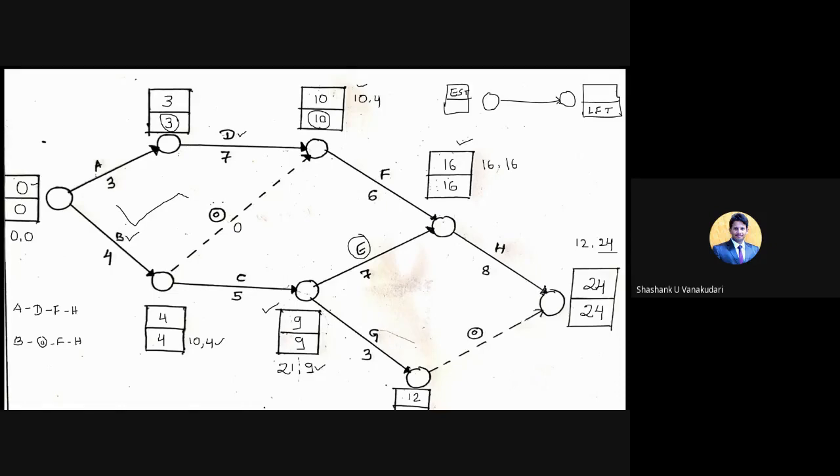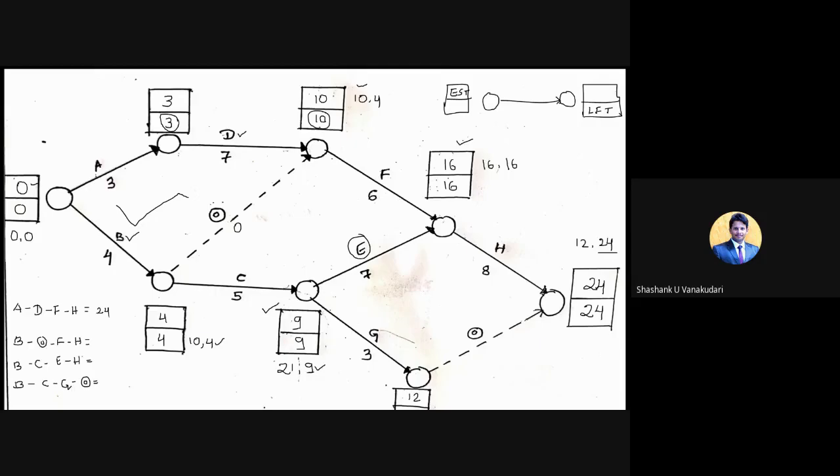And then the next path, activity B, activity C. Along with this, you need to calculate the time also. I'm mentioning the path, and in the meantime, you should calculate the time for that path. Activity B, activity C, activity E, and activity H. This is the third path, and the second last one is activity B, activity C, activity G, and at last dummy activity.